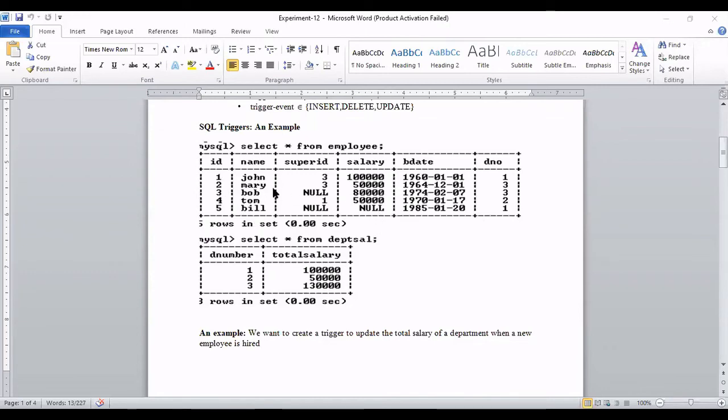Similarly, if I update, let the current salary of John be 1 lakh. I am only modifying the employee table. I am not modifying the department salary, because you don't have the rights to modify it, just as you can't modify the recycle bin. You can modify the employee table. Let me modify the salary of John to 1 lakh 50,000 instead of 1 lakh. Then automatically an extra 50,000 will be added to the total salary in this department salary.